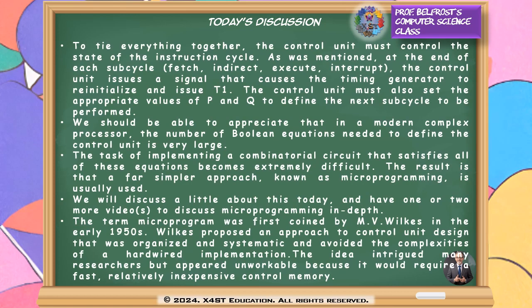To tie everything together, the control unit must control the state of the instruction cycle. As was mentioned before, at the end of each subcycle, the control unit will issue a signal that causes the time generator to reinitialize and issue T1. The control unit must also set the appropriate values of P and Q to define the next subcycle to be performed. We should appreciate that in a modern complex processor, the number of Boolean equations needed to define the control is very large, and implementing a combinatorial circuit that satisfies all of these equations becomes extremely difficult. This results in a far simpler approach,